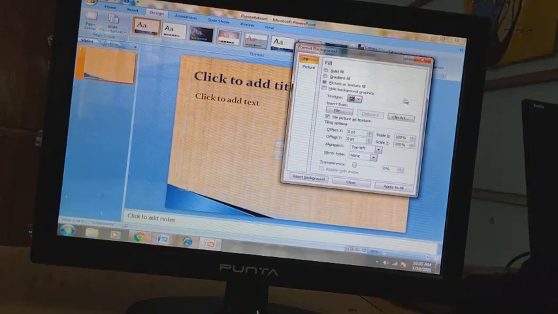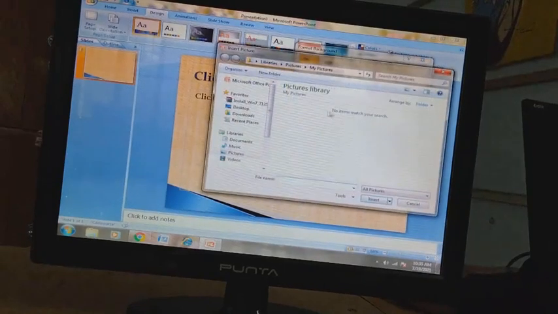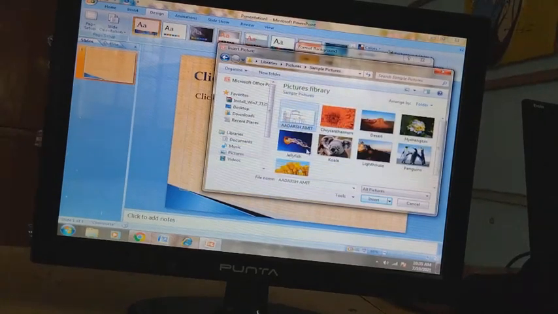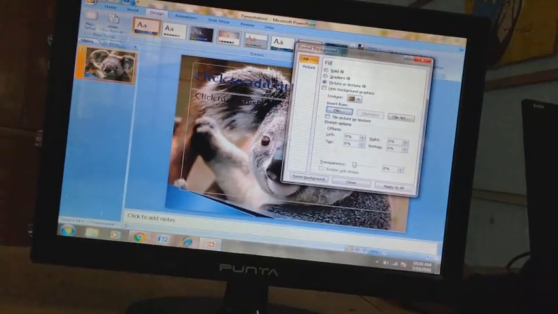This is the option for the picture or texture. Now how you will insert a picture? You will get an option here, insert from file. When you click on file, wherever the picture is there, you can insert it. Suppose you want to insert this picture, you can click here and the picture will be inserted